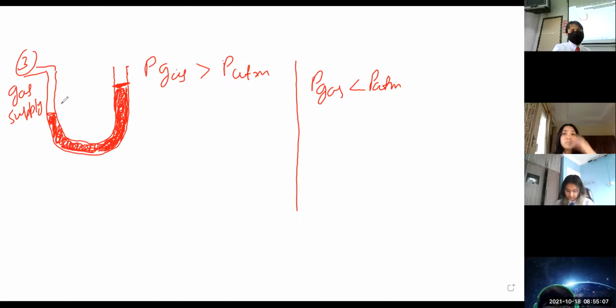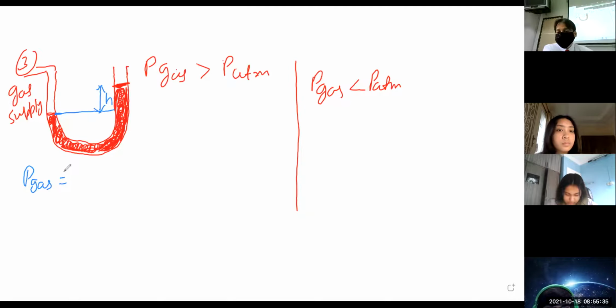So what is the height difference, children? Here, this is the lowest level I will take, and if I join, this much height is h here. I will take some time in explaining this topic, children, so listen carefully. After that, we will practice some questions. This h is the height difference. Now the question is, what is the gas pressure? That is our task. We want to calculate the pressure exerted by the gas in this situation.